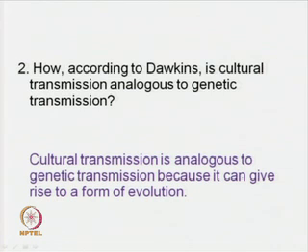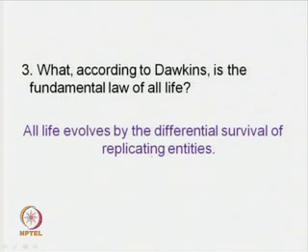Now, we will refer to this portion of his essay where he says that cultural transmission is analogous to genetic transmission because it can give rise to a form of evolution, and evolution really is the connecting term here. Why? Because we are understanding both genetic reproduction and memetic reproduction or imitation as an evolutionary process. Okay. Then what according to Dawkins is the fundamental law of all life, this is really my favorite,